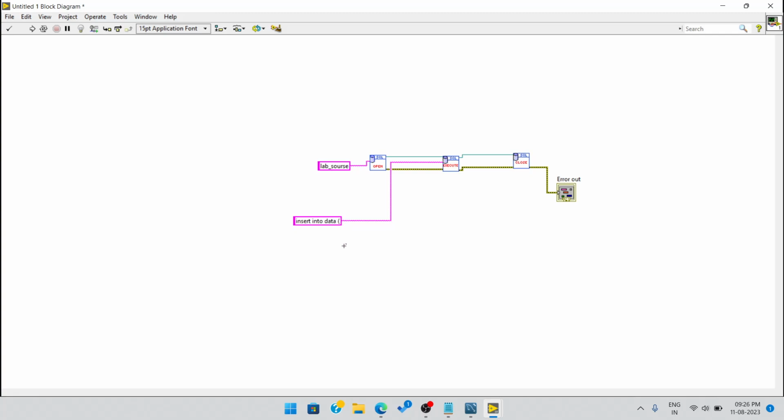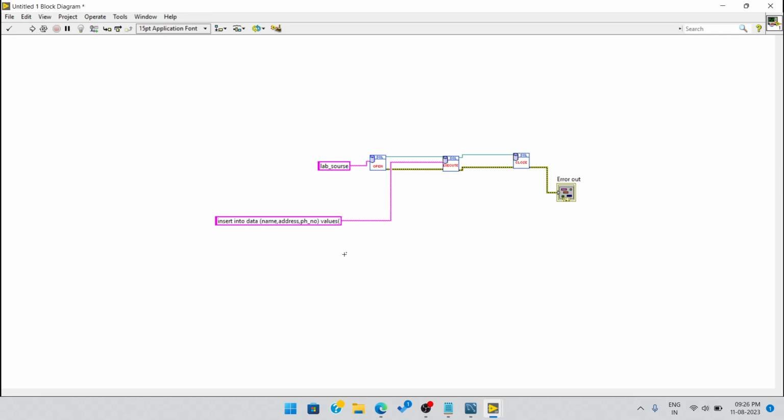So here I need to give the column names. So first column name is name, comma, second column name is address, and the third column name is phone number. Okay, I will close this, and next I will write values,